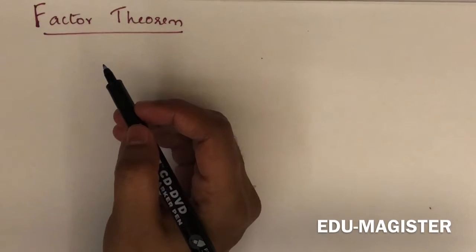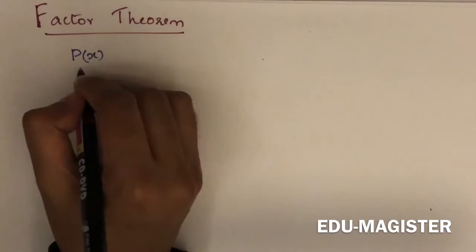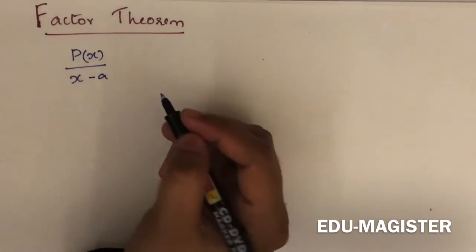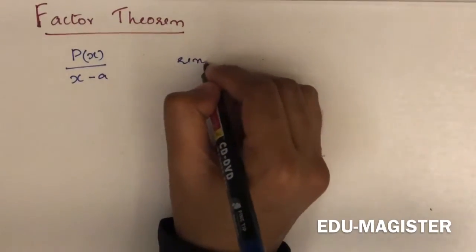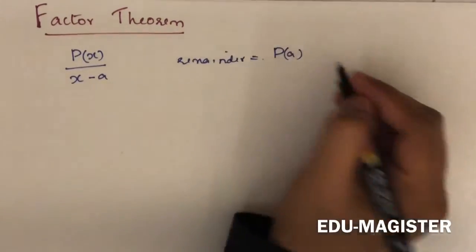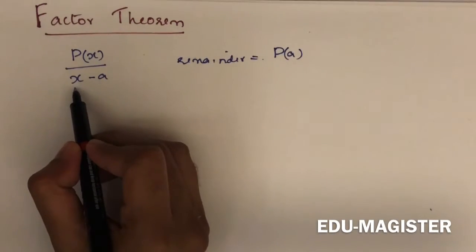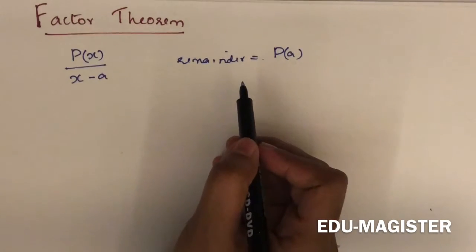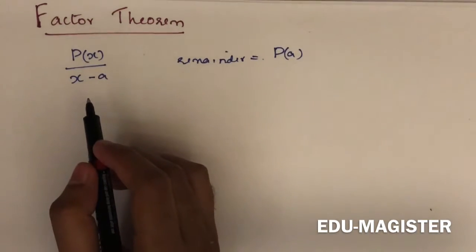Remainder theorem says that if any polynomial p of x is divided by another linear polynomial x minus a, then the remainder for this division is given by p of a. What is this a? A is the 0 of this divisor, right? This is the remainder theorem. Now, factor theorem says that during this division,